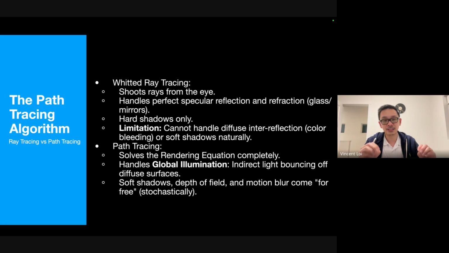But the key part of this presentation is that I want to emphasize path tracing, which solves the rendering equation completely. That means we take care of everything about the light. We simulate the light bouncing in the room, including direct lighting and also indirect lighting. If you don't know what global illumination is, we are basically referring to diffuse or indirect lighting. That makes the rendering look more real than the regular ray tracing images or some of the ray tracing games that you played in the past.